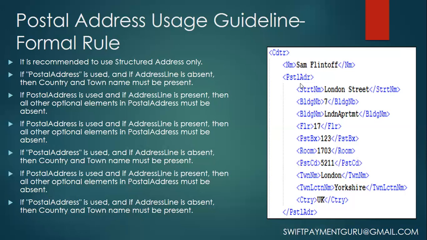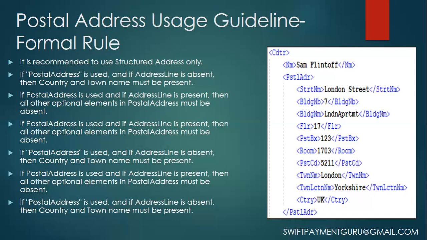As we know, we have multiple data elements that can be captured as part of the postal address, which are minute-level details, including street name, building number, building name, floor, postal box, room, postal code, town name, town location name, country, and some more. So this is a way of sending a structured postal address, and there is the other, unstructured way